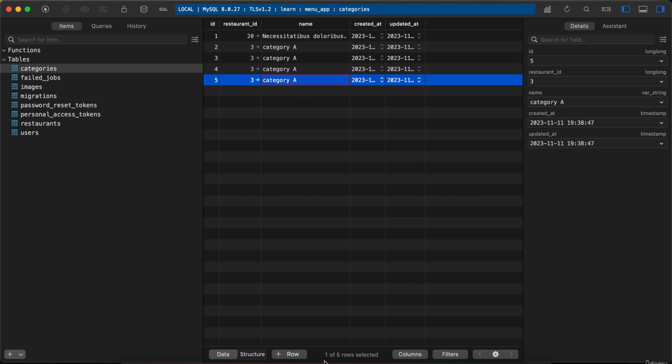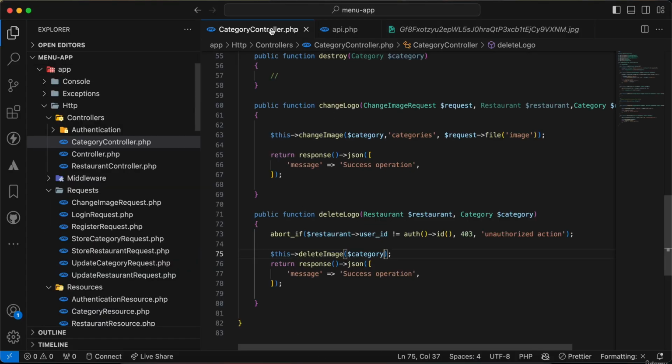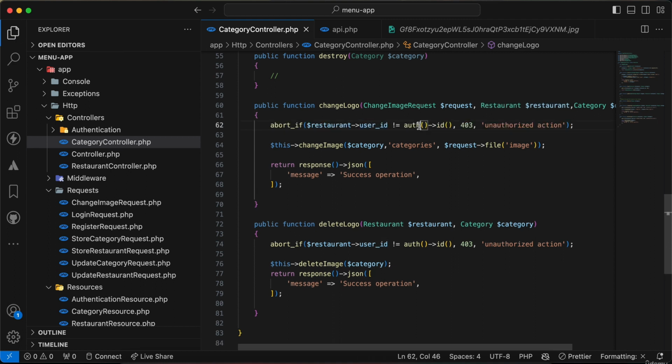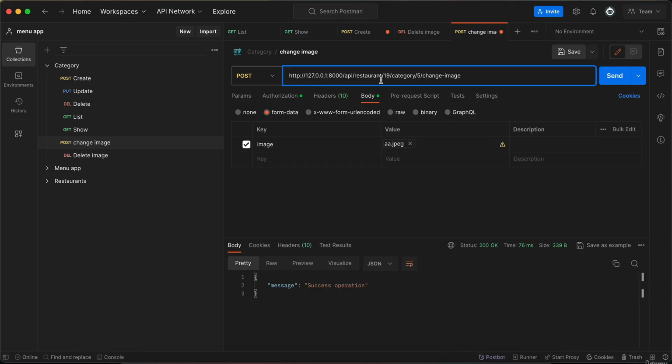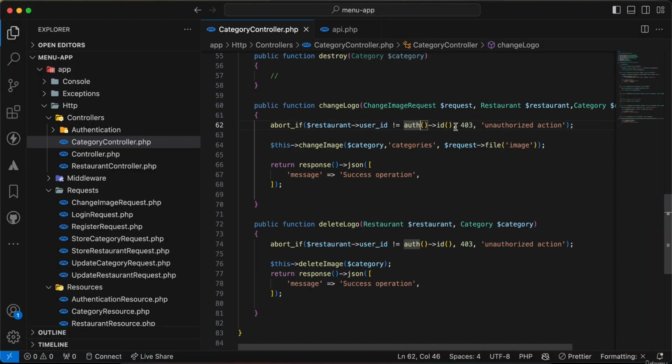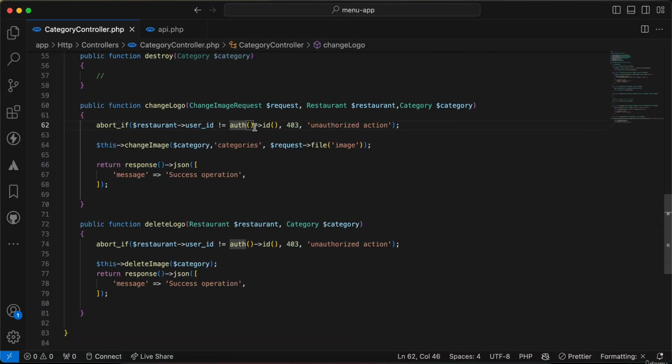So here we have a dangerous security bug. While changing the image, I also want to make sure that the current authenticated user is the same as the restaurant owner, because I am changing the image for restaurant ID number 19, but it works. It must not work. Check again. Also works, but also we need to add one more control by saying here and category